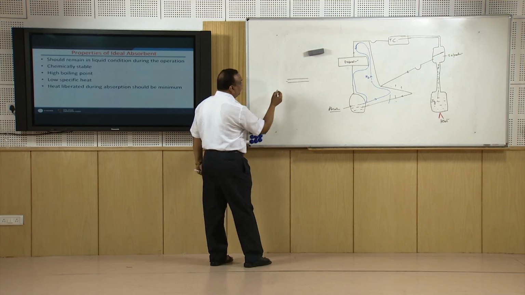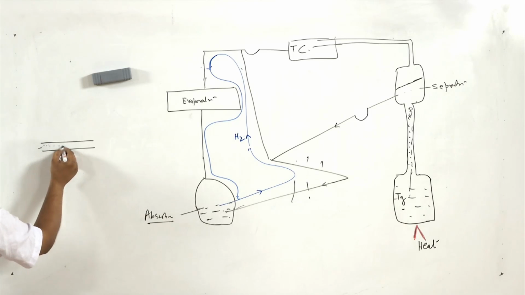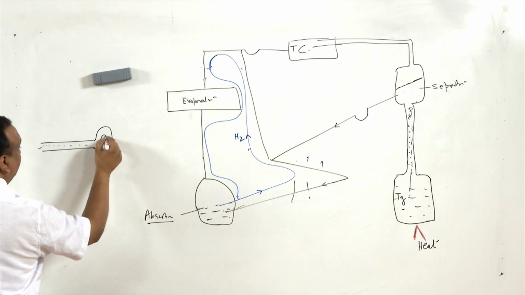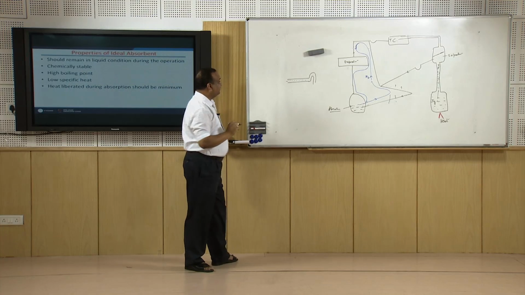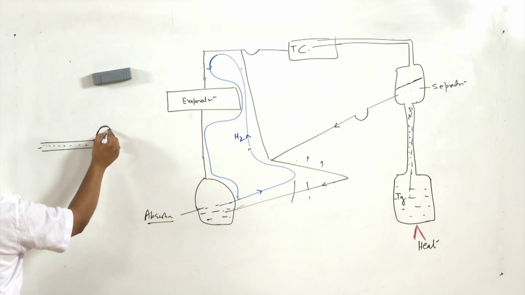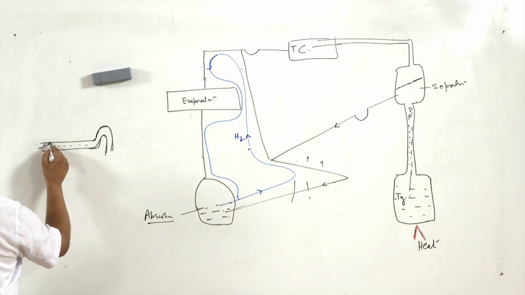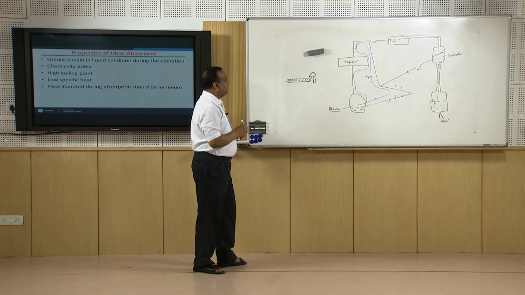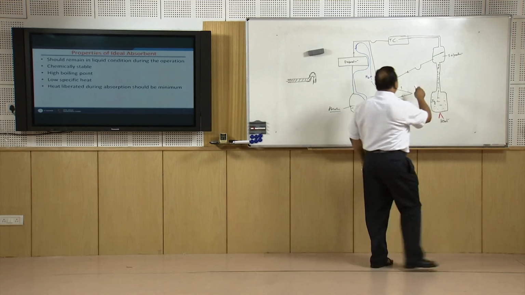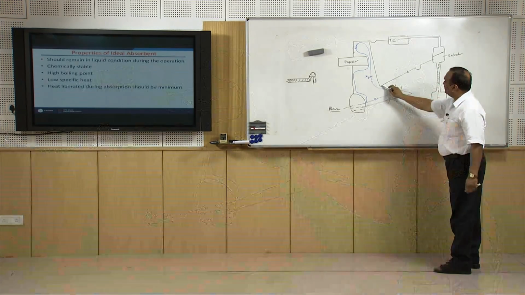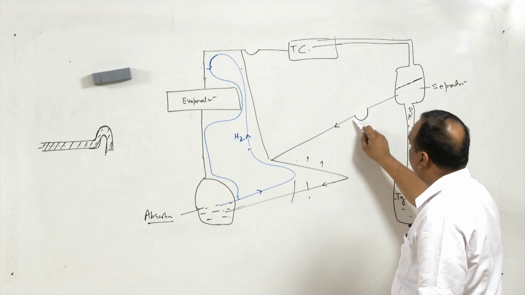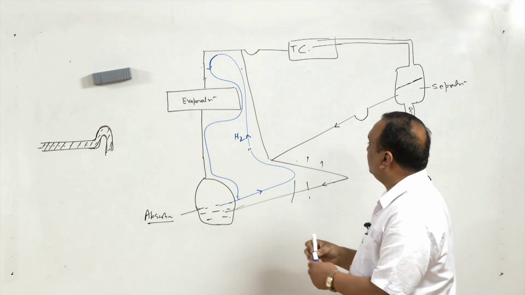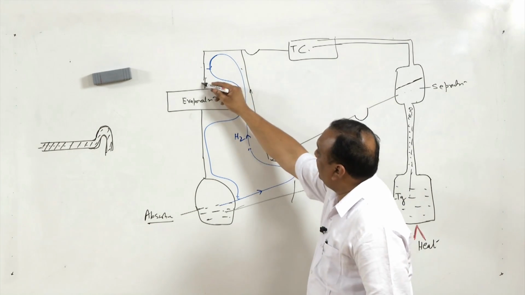Normally what happens when the flow rate is low, there is a tendency for stratification of the flow. But if I provide a U-turn here, in that case a U-bend will always ensure that the pipe is fully flooded at any flow rate. Similarly, if I put a bend here, under any circumstances hydrogen will not be able to escape through this passage. Similarly, here hydrogen will not be able to flow through this passage and it will be confined to the low